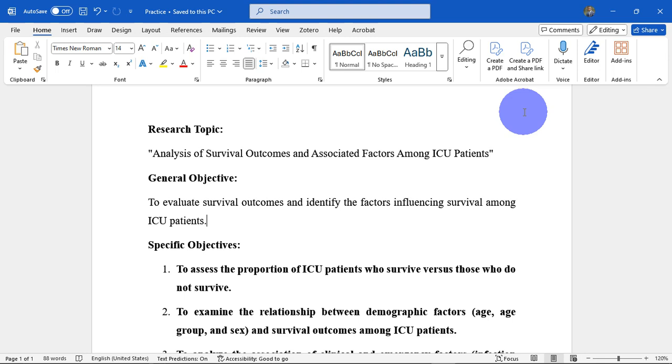So what I mean by that is we'll begin from generating an EDA report, which is exploratory data analysis report, and then we'll look at generation of the descriptive statistics table. We'll look at generating the table of inferentials, the table of association, and then we'll look at how to generate the univariate logistic regression analysis and the multivariate logistic regression analysis, and how to merge those tables for good